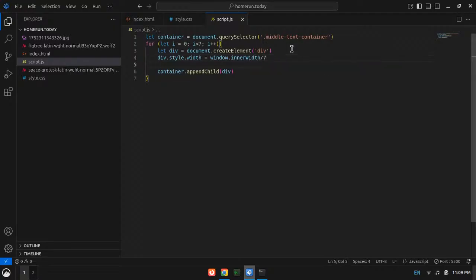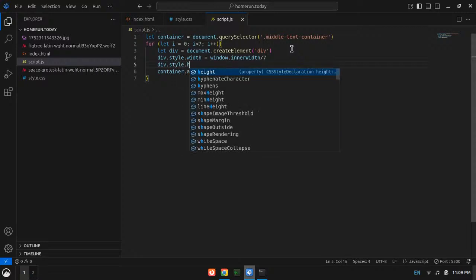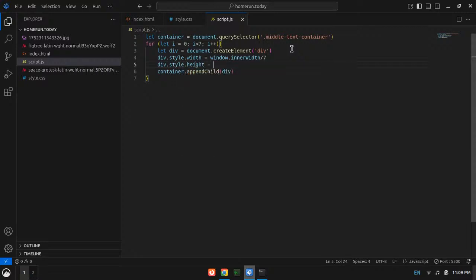Okay, then I need div dot style dot height equal to, what should be the height? I will set it to fit-content, but that is not going to work. Okay, whatever, just set it to fit-content. I guess I will manage that later.